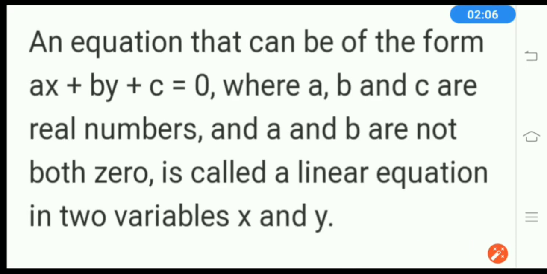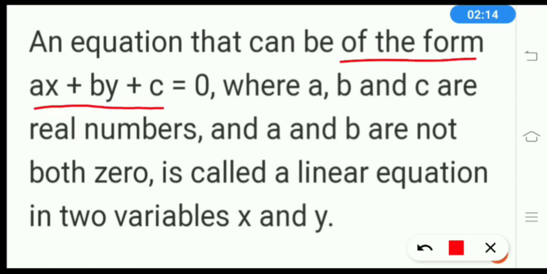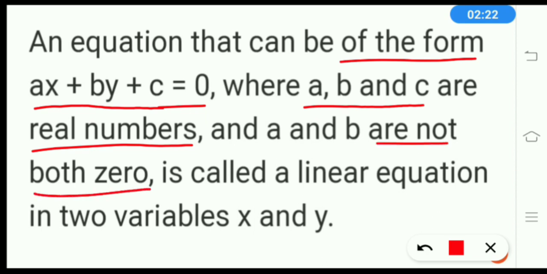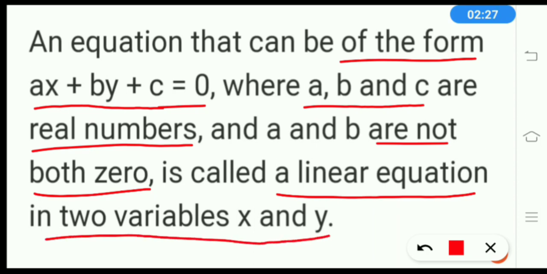Now here we have written this: an equation that can be of the form ax plus by plus c equals to 0, where a, b and c are real numbers and a and b are not both 0, is called a linear equation in two variables x and y. So where a, b, c are real numbers or constants, x and y are variables, and ax plus by plus c equals to 0 is called a linear equation in two variables. Clear? Next,